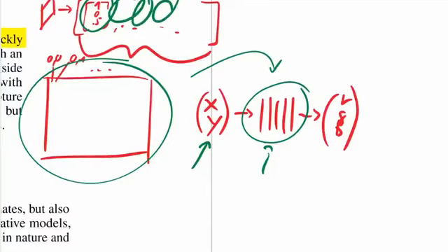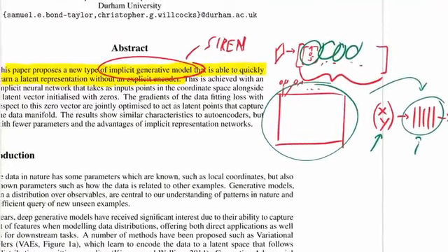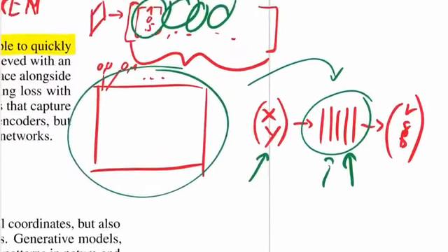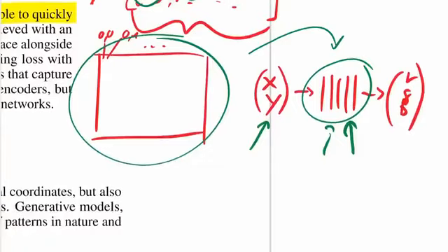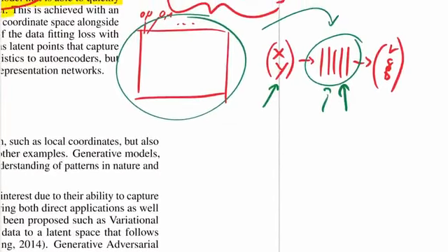Now you have a continuous representation. All right, so these implicit representation models, or implicit generative models, are these neural networks right here that map from coordinates to colors. Now, what's the problem with this is, as we said, you need one neural network per data point. Now, the idea that these people here go with is that can't we do kind of the same thing,